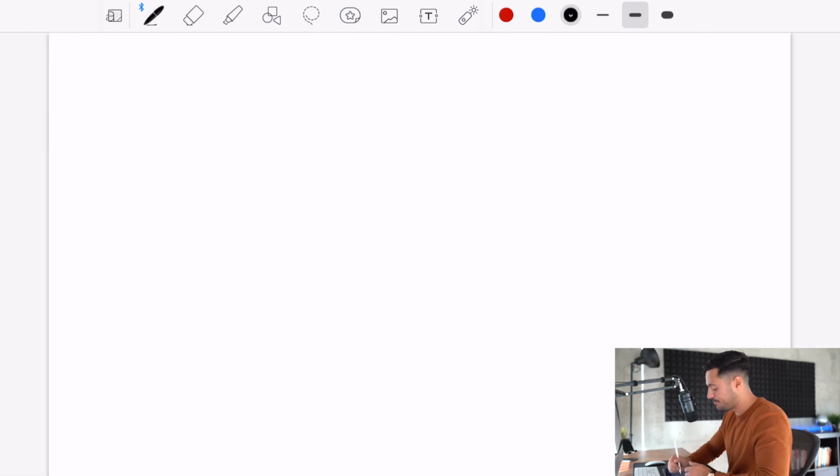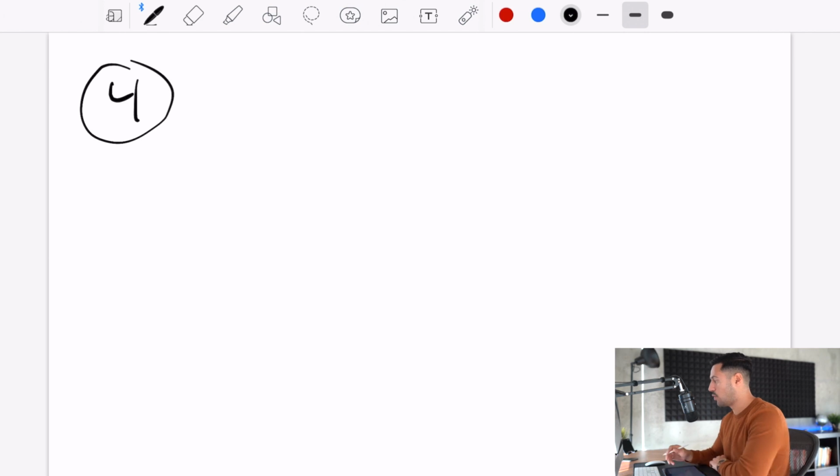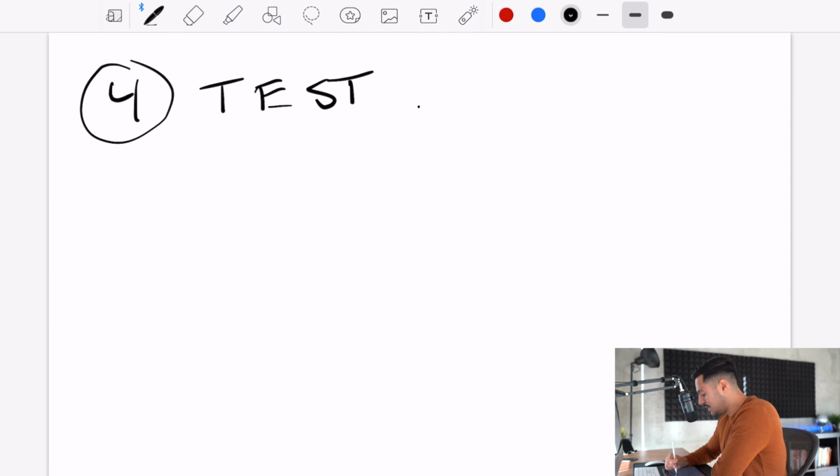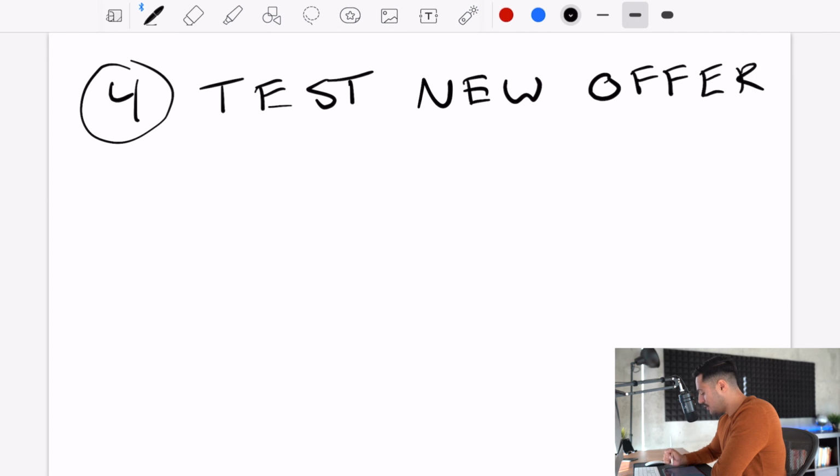Now, another tip that I have, number 4 for being able to maintain your ads, okay, is test new irresistible offers, okay? This is, again, not the same as angles. Offers and angles are completely different, okay? New offers are basically what intrigue your customer. Offers are things like buy one, get one, so BOGO,